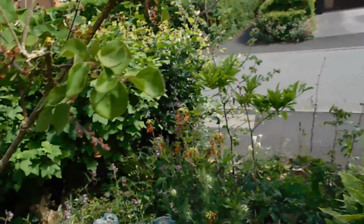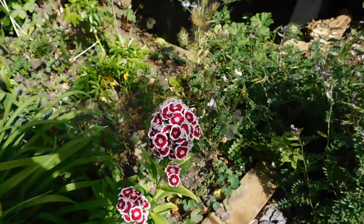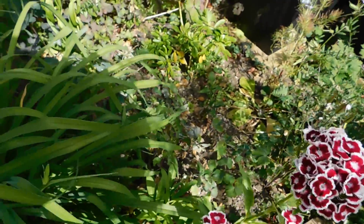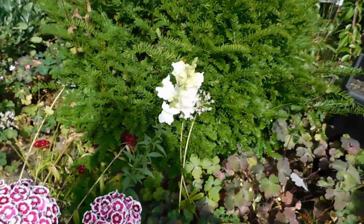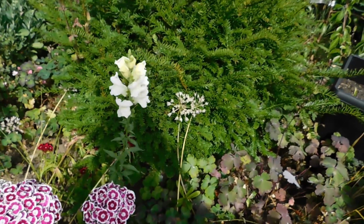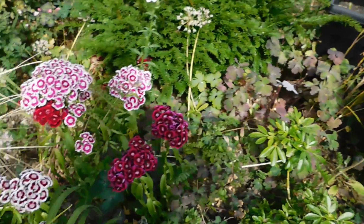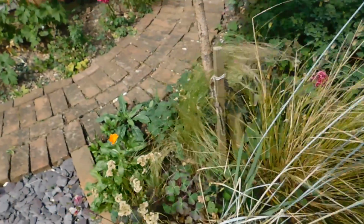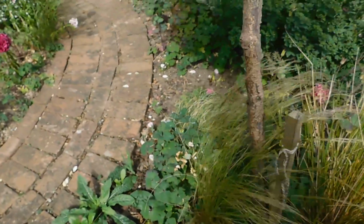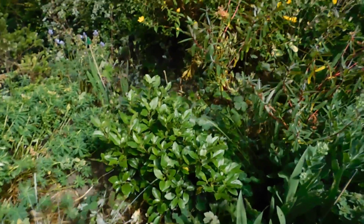And let's just take you this way. And of course the Sweet Williams, just love the Sweet Williams, and that's one of the antirrhinums from last year. I haven't seen any more yet, but we need to get out into the garden and do a little bit more weeding. Excuse the noise, I'm on, there we go, there's another